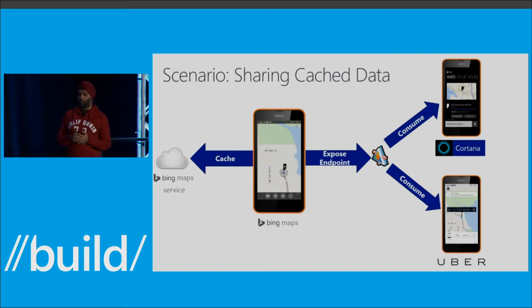The other interesting scenario that we're exploring right now is about sharing cache data. So here's a scenario we dreamed up. Say you're writing a Windows Phone app or a Windows app, and you're using a map control. Now, that map control is probably going up to the Bing Maps web service and pulling down tiles for the local area. Except it doesn't really need to do that. Those tiles probably already live on the device because the user has used the Maps app on the device at least once. So there's no reason to actually go up to the cloud for this. So we're envisioning a map control that actually talks to an app service that lives inside the Bing Maps app and just pulls that data in. Now, this isn't part of Windows 10 yet, but we're looking at it.